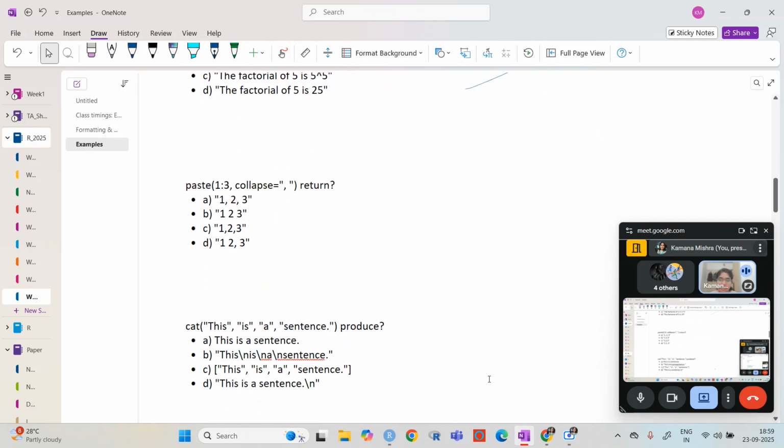Now the collapse function. What will be its answer if I want to collapse it by this?